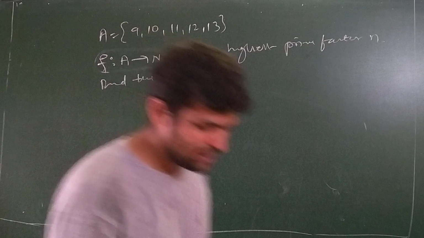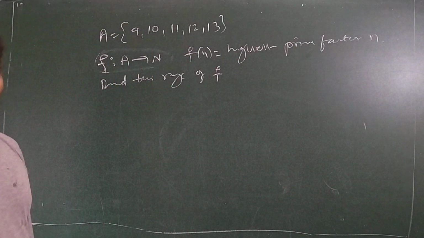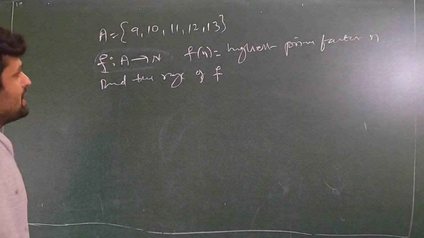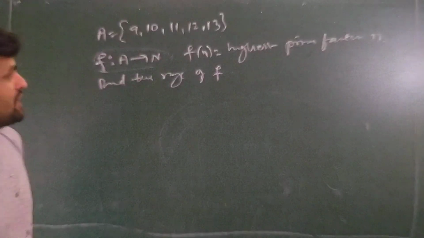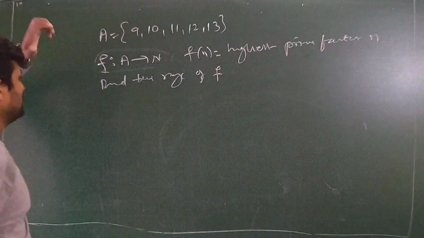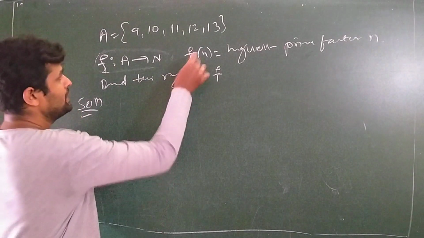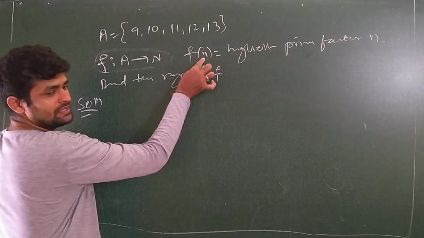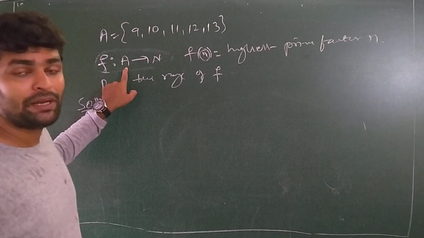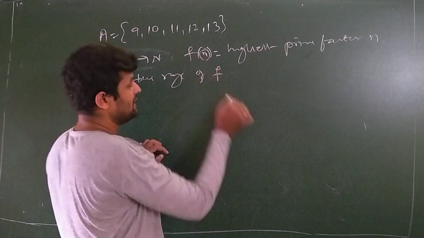Our task is to find the range of f. With the last question, the entire thing is closed; 9 and 10 are homework. How has he defined the function? f of n is equal to the highest prime factor of n, correct? Solution for this: this is n. This n we have to choose from capital A, correct?